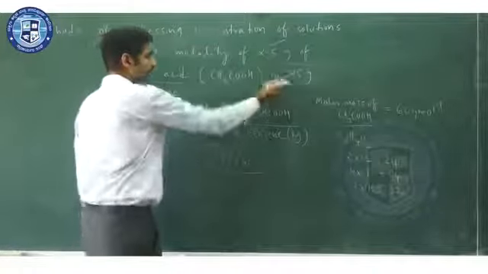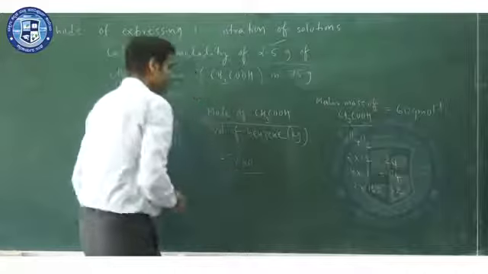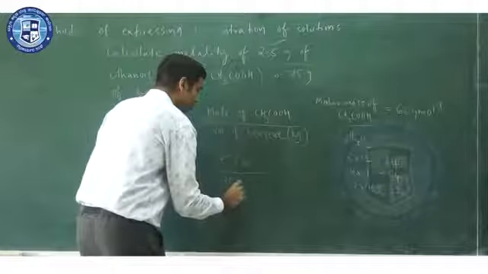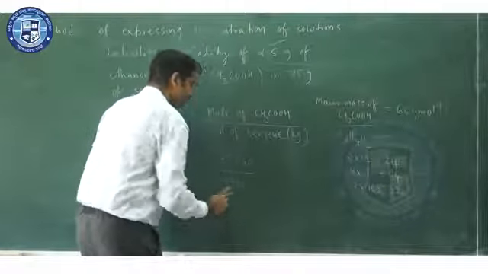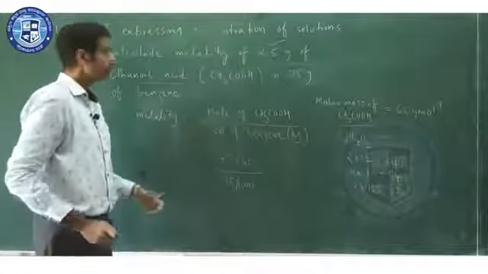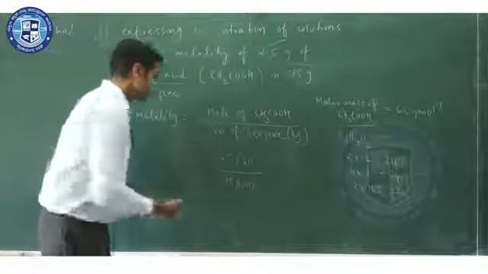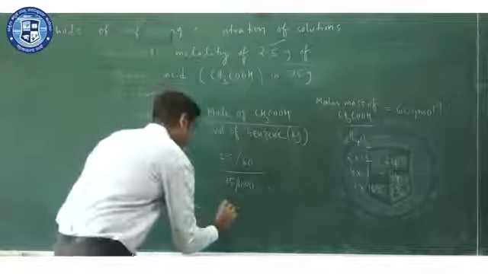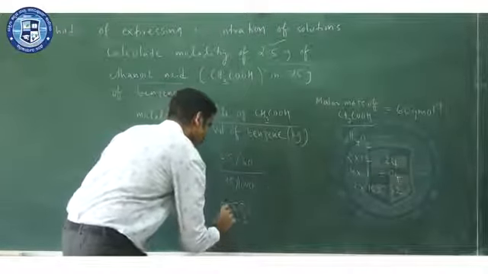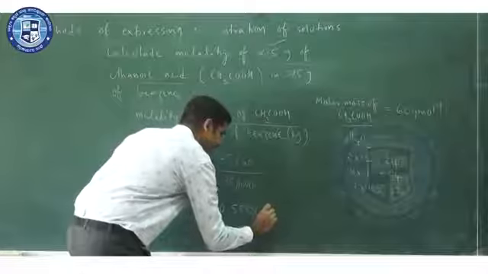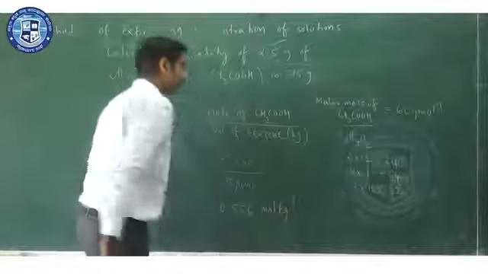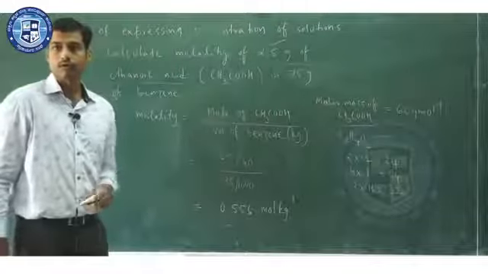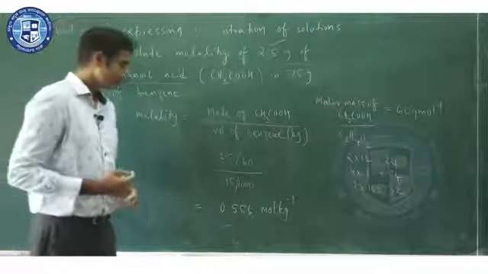Benzene is a solvent, 75 gram of benzene is there, but then you have to express this in terms of kilograms. 1 kilogram is equal to 1000 grams, and therefore 75 divided by 1000 will give you the mass of benzene in terms of kilograms. When you substitute and get the result, it will be close to 0.556 mole per kilogram. So that is how you express molality: number of moles of ethanoic acid per kilogram of the solvent benzene.